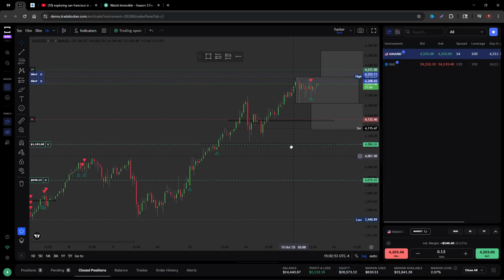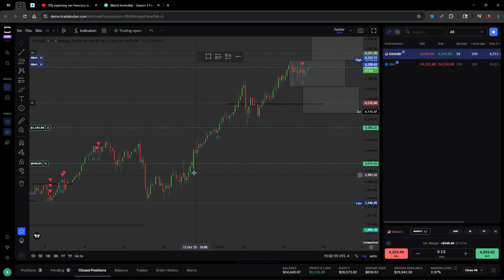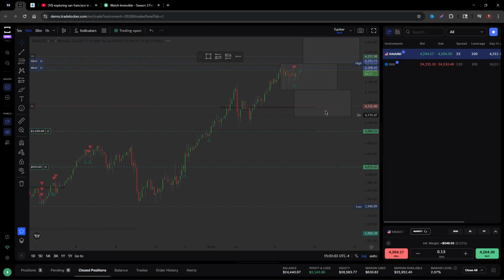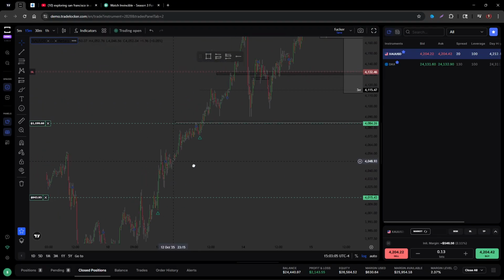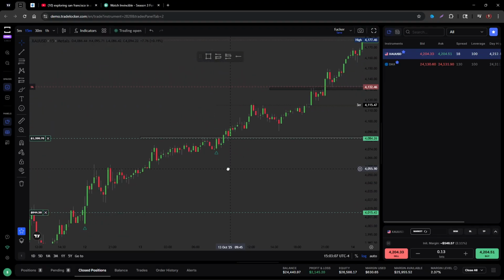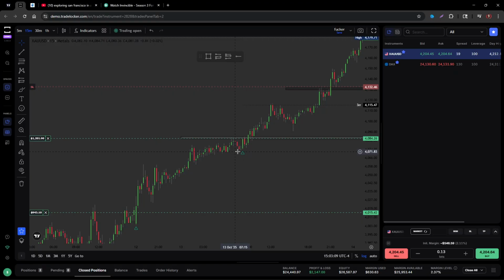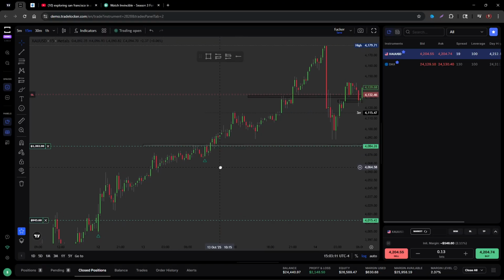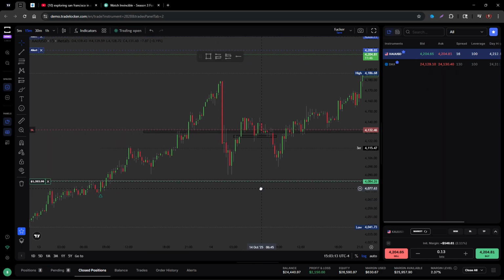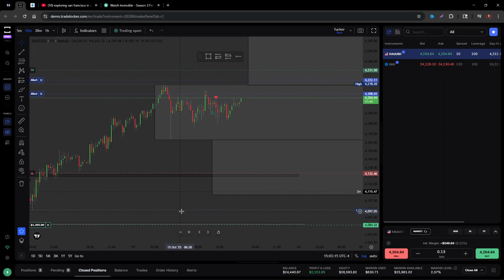I'll just show y'all proof right here. We got in first position right here. This first position, dead ass, risked $50, okay? Second position, we risked $150, tight stop loss. I got in on the 15-minute with stop loss below the push. I got in on this candle, stop loss was legit below the candle, and we had no pullback. So that's the only reason why we're up so much.